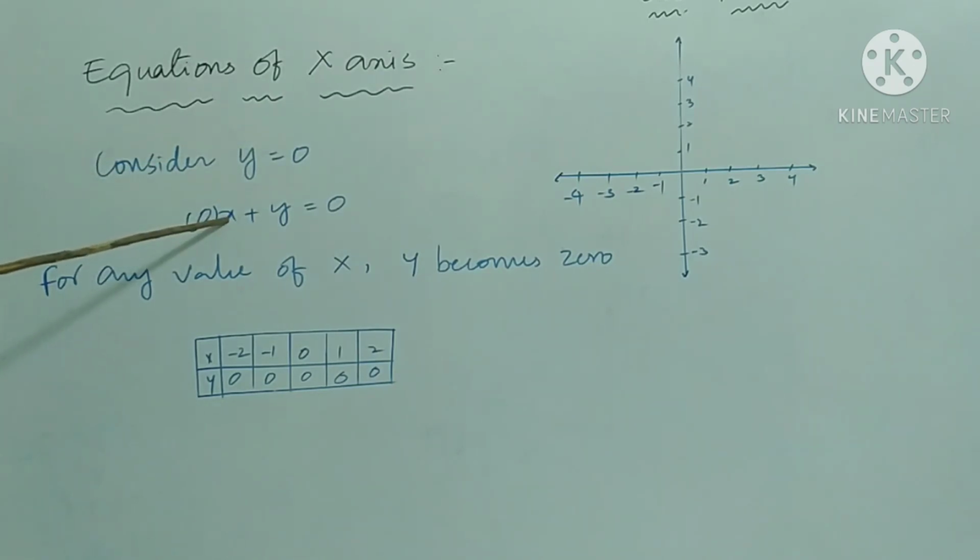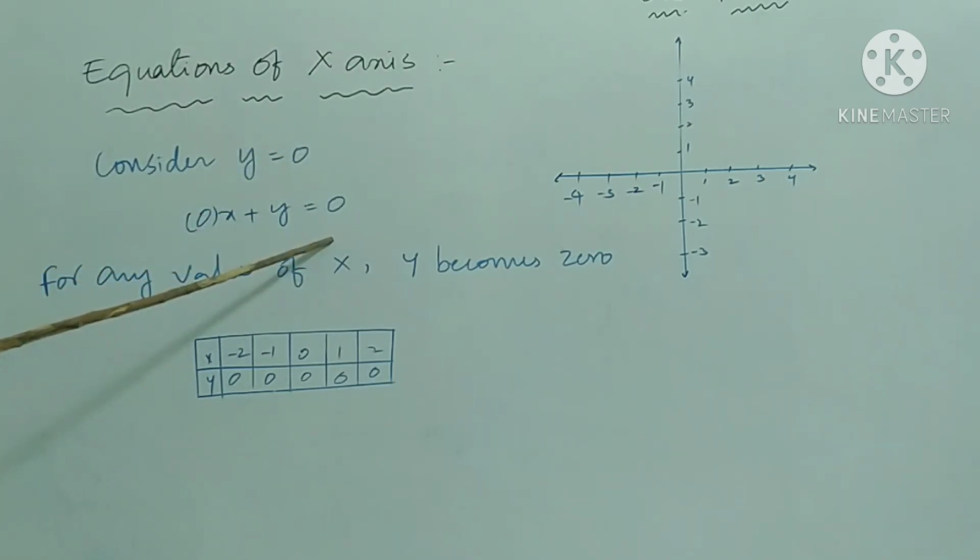We have to substitute any value instead of x. This term is always 0. So for any value of x, y becomes 0. By taking LHS, 0 is the only value we have to substitute instead of y. That value satisfies the given equation. So here y is always 0.